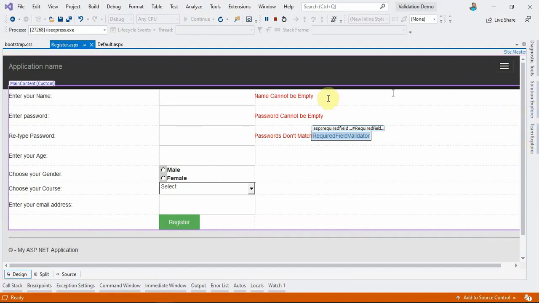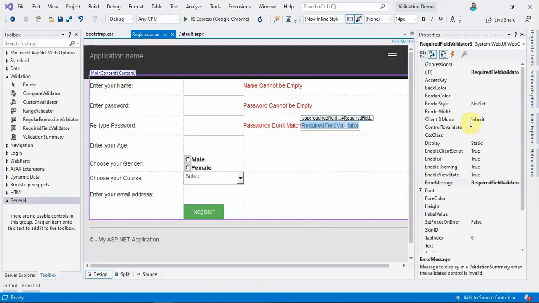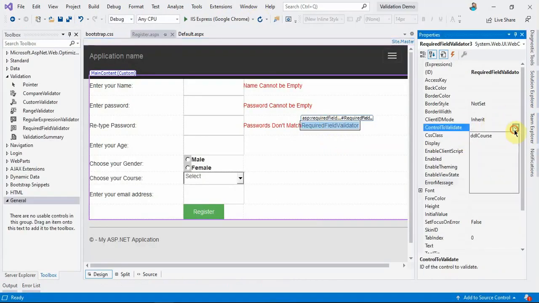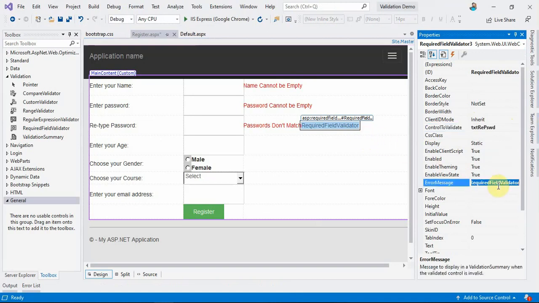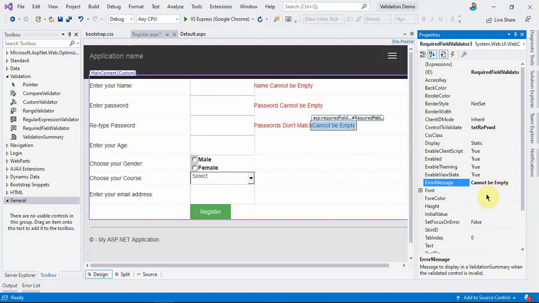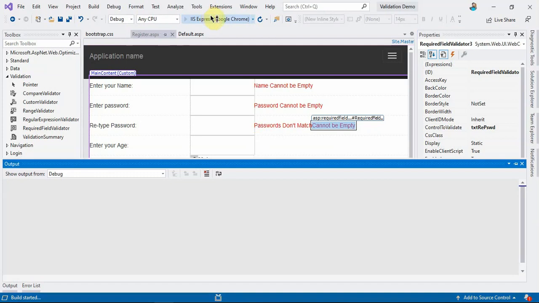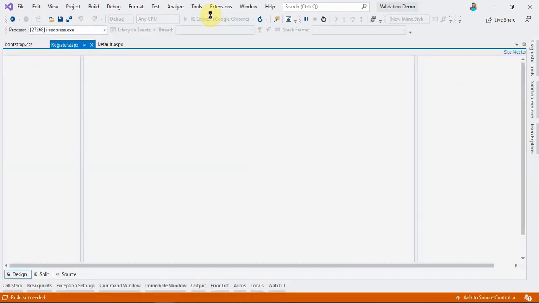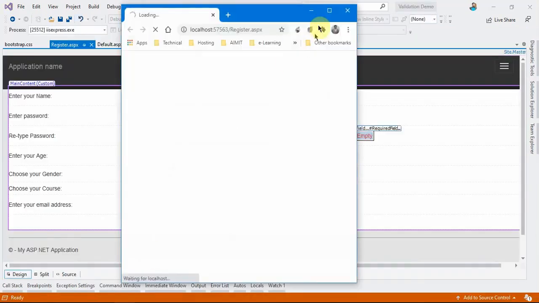So how do I fix this? Very simple. Go back to your program, click on that required field validator and say control to validate is repeat password. Done. And here just say repeat password cannot be empty. I'll just say cannot be empty. Simple. Fore color, I'll just put red. Done. Now if I run the program, I would get both of those validations properly, which means if I directly go and click on submit,